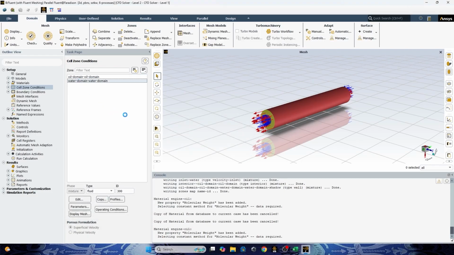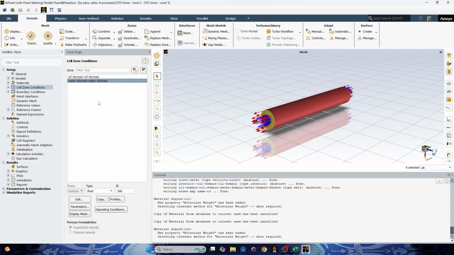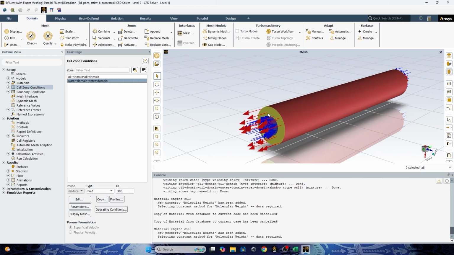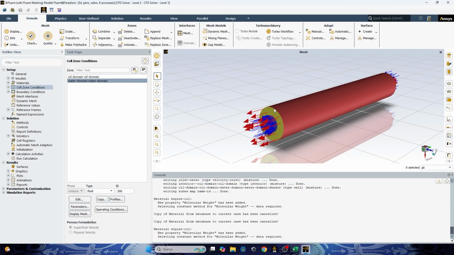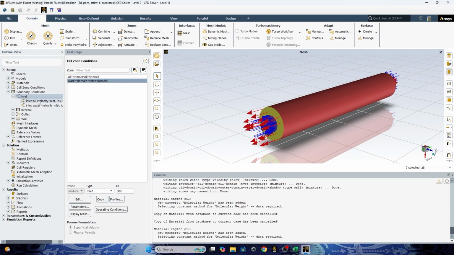And for the water domain, you can go for the water liquid. Okay, and close. In this step you already defined the fluid properties for the water domain and the oil domain.